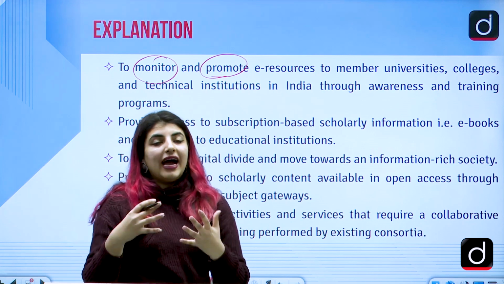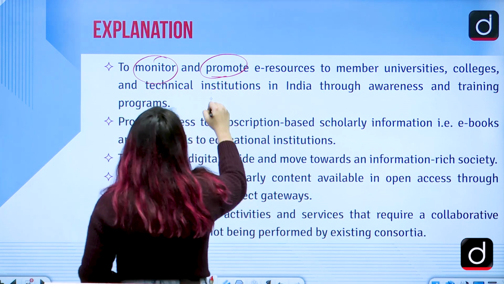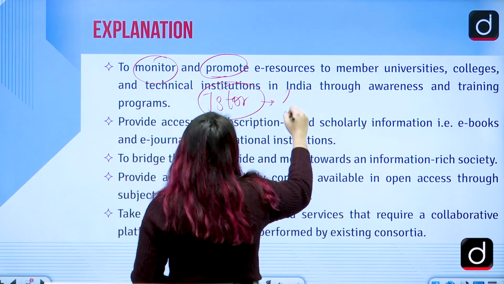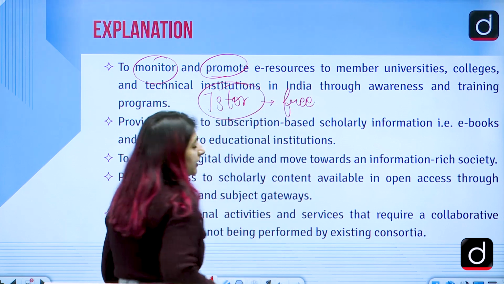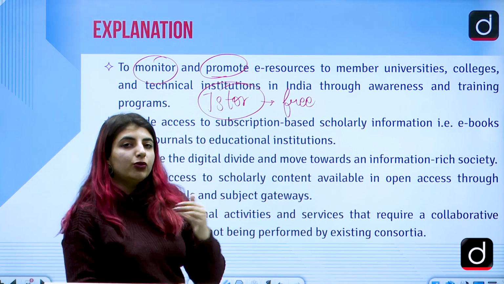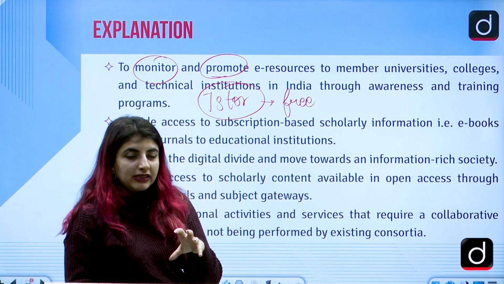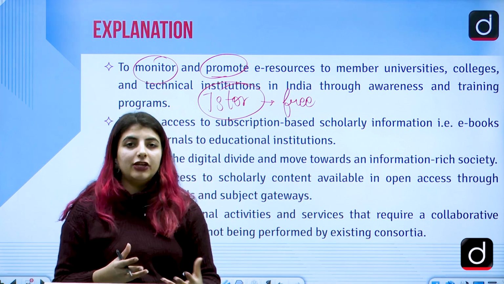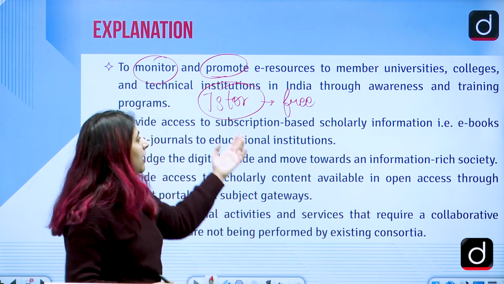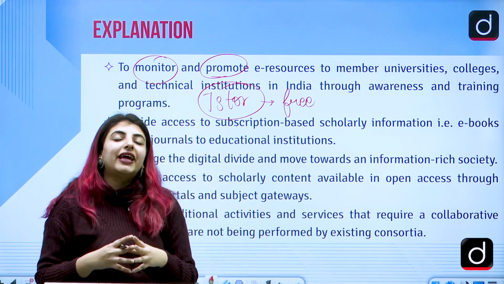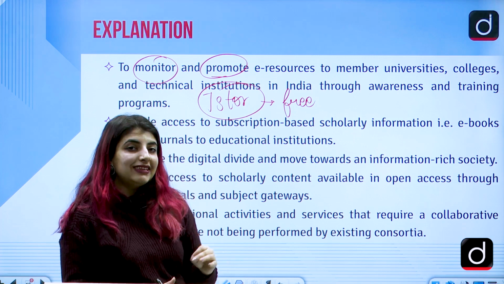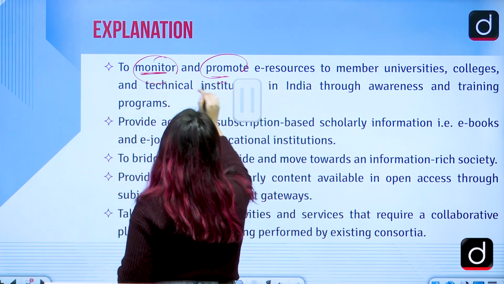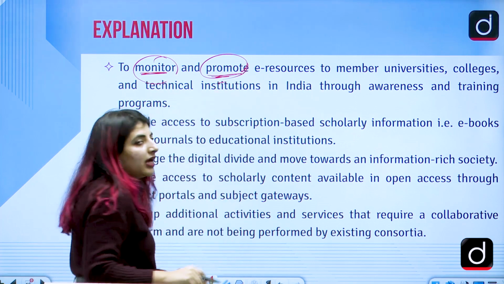In certain universities, JSTOR access is provided for free. The student who is enrolled in the university and doing research is given access because of the college Wi-Fi, the campus connectivity, and because of that they gain access to multiple resources. E-ShodhSindhu has the same aim, to monitor and promote e-resources,